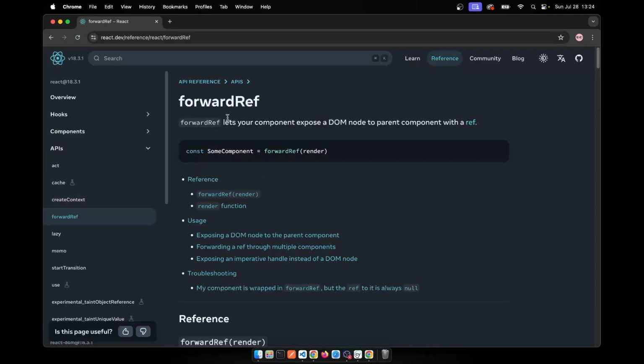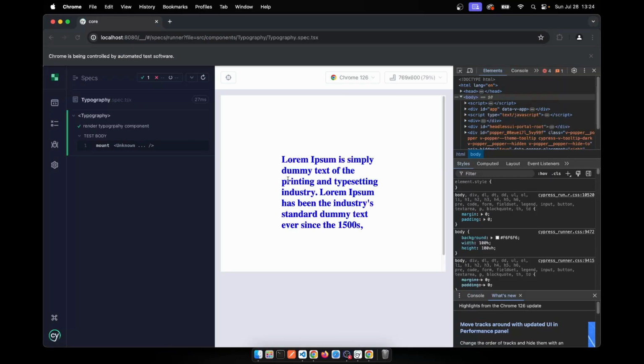This is the new documentation. It says that forward ref lets your component expose a DOM node to parent with a ref. Forward ref does not cause a re-render, unlike states, which cause a re-render. Forward ref does not cause a re-render. And the simple use case for forward ref is, let's say I already have Cypress open here from the